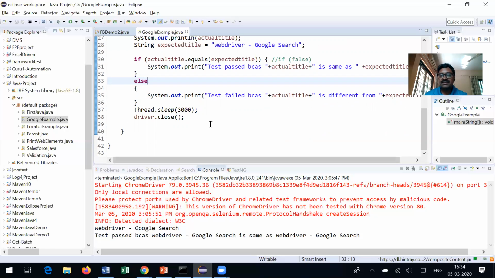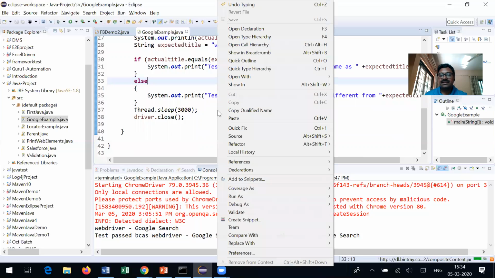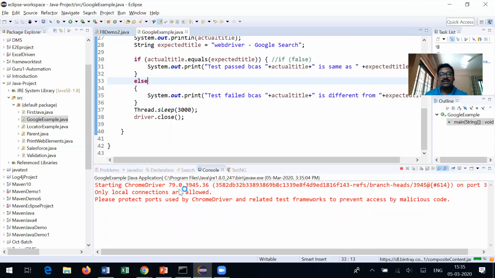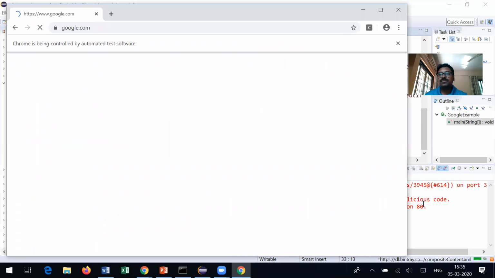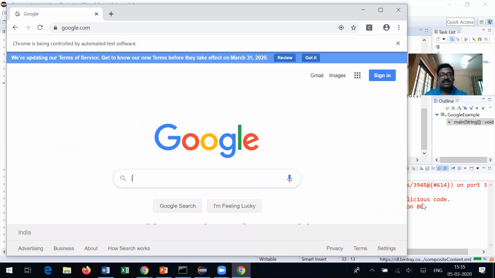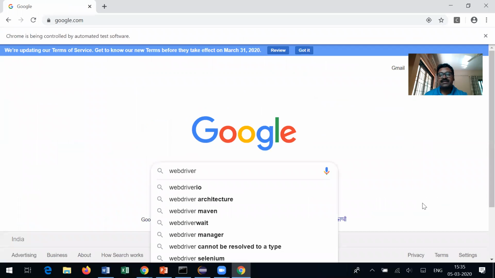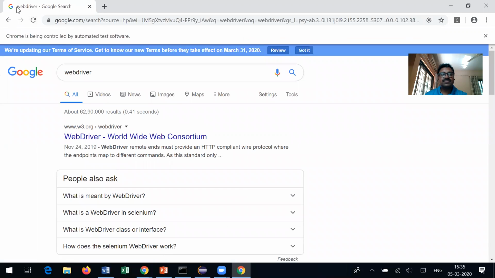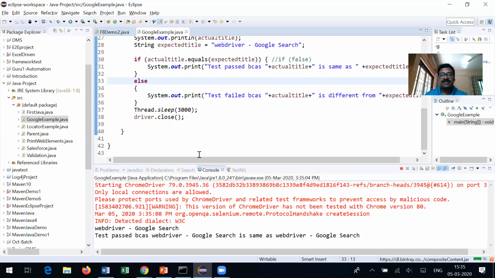So when we run this, right click and run as Java application. You can see Chrome is getting opened, Google is entered, and WebDriver is being entered in the text field, and it hits enter, and you can see on the top left, "WebDriver - Google Search" is the title. It gets closed, it will compare, and it says the test case passed because "WebDriver - Google Search" is the same as "WebDriver - Google Search".